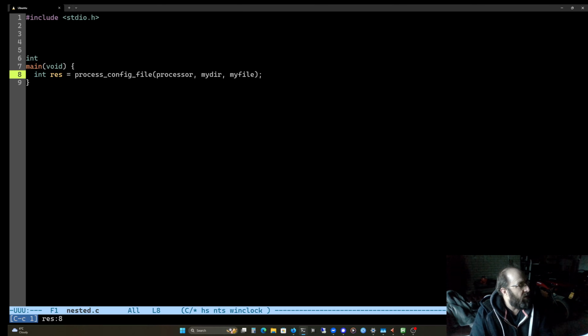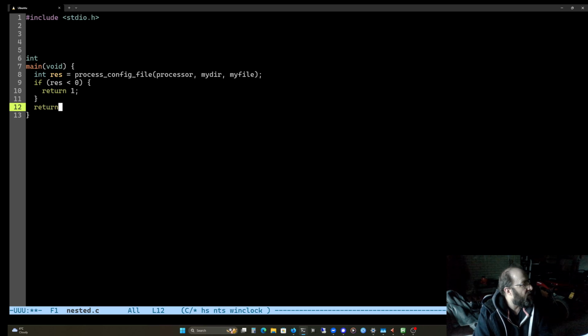Then we've got my dir and my file. And if res is less than 0, then we'll return 1, meaning error, otherwise we'll return 0. So we don't know what a processor is yet.